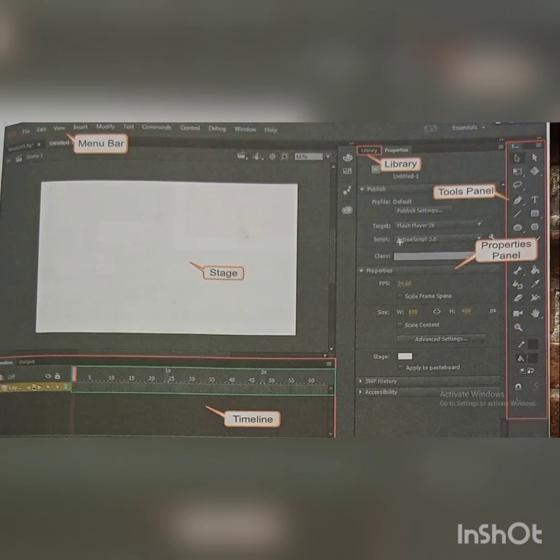This is our properties panel. You can look at here, these are the properties. The properties panel displays the various properties of your selected object. For example, if you have selected a rectangular shape, then it will show the properties of the rectangle. If you have selected the stage area, then it will show the properties of the stage.